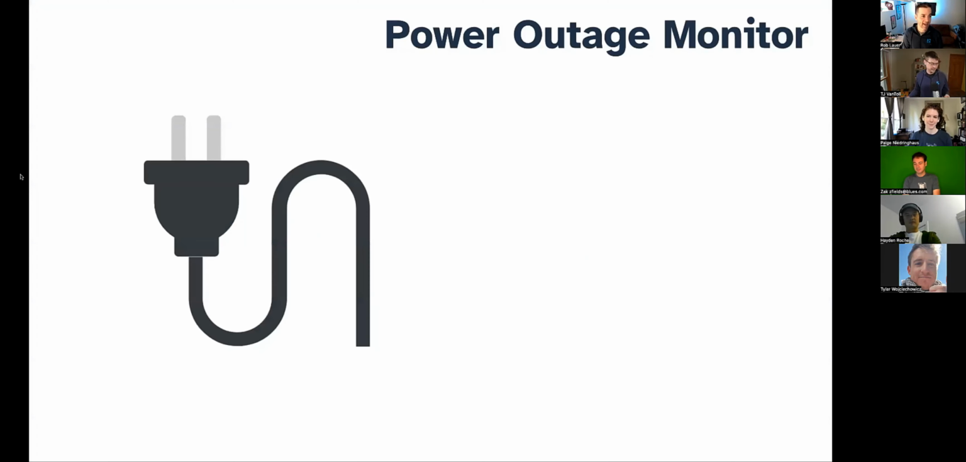So there are 6 of us presenting, so we have 6 accelerator demos to show off. And I'm going to start by showing off what's probably the simplest of all the demos today, and that is a power outage monitor. So imagine any scenario where you want to be alerted via SMS if power is cut,